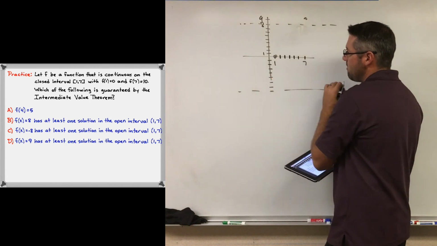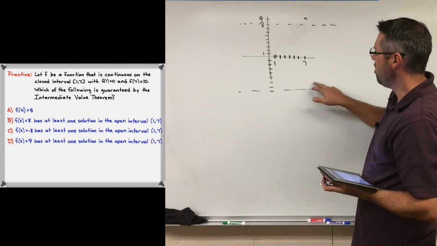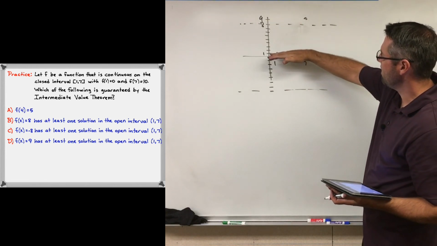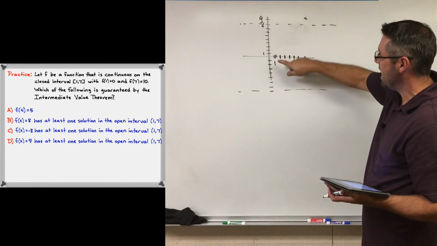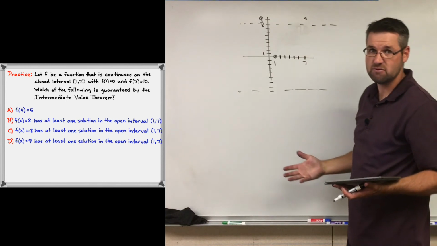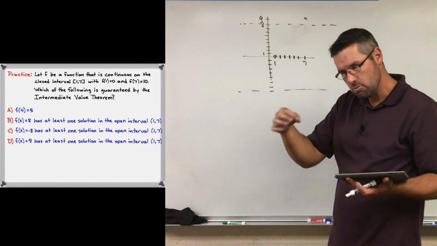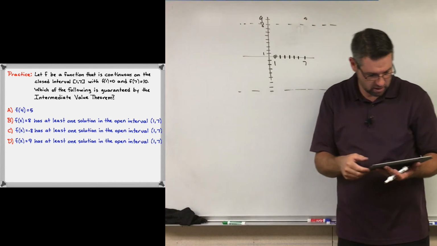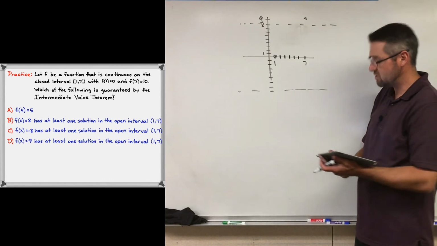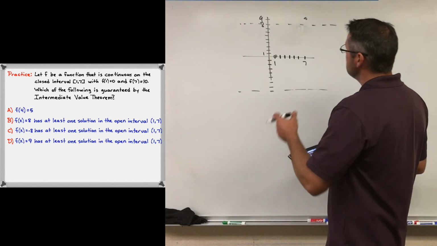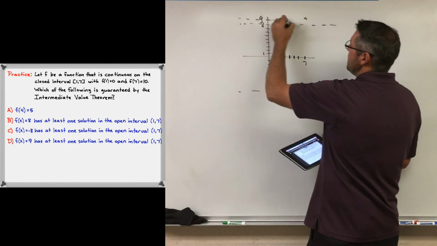Do we have to pass through that point, or that y value? No, we don't, because we're looking at y values from 0 to 9. Now, it could, but it doesn't have to. The intermediate value theorem says it has to. Okay, so C's out. And then f of x must equal 9 for at least one solution between 1 and